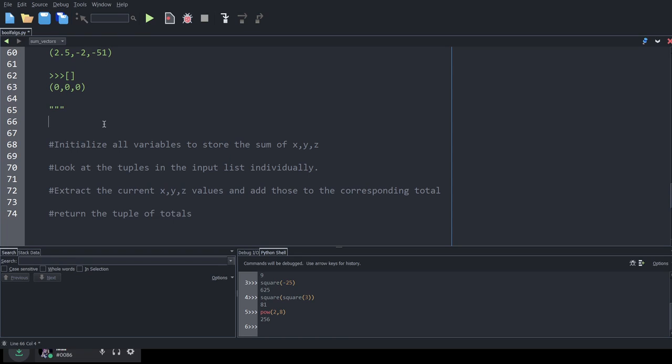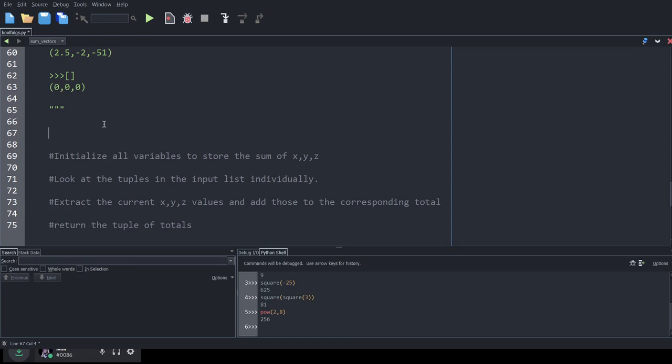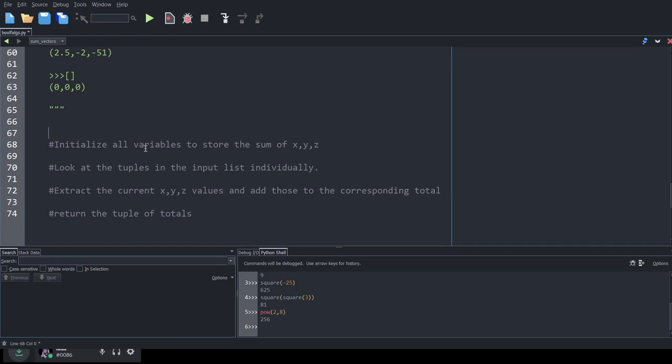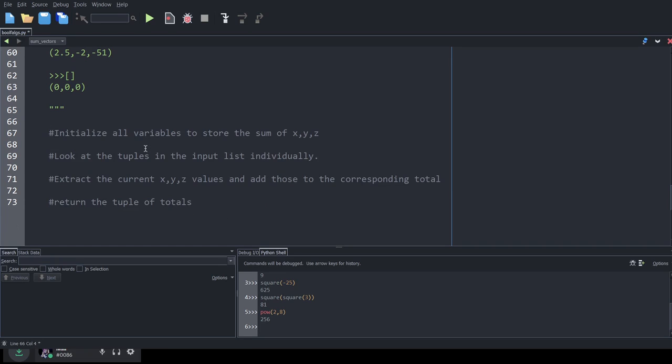Before this, we gotta deal with the empty case. Actually, I don't think we need special behavior for the empty case, because if we initialize all these variables to 0, and the list is empty, it's not even going to go through the loop at all if we have a for loop here, and then it's just going to return the totals. So I think this will accommodate all of our cases.